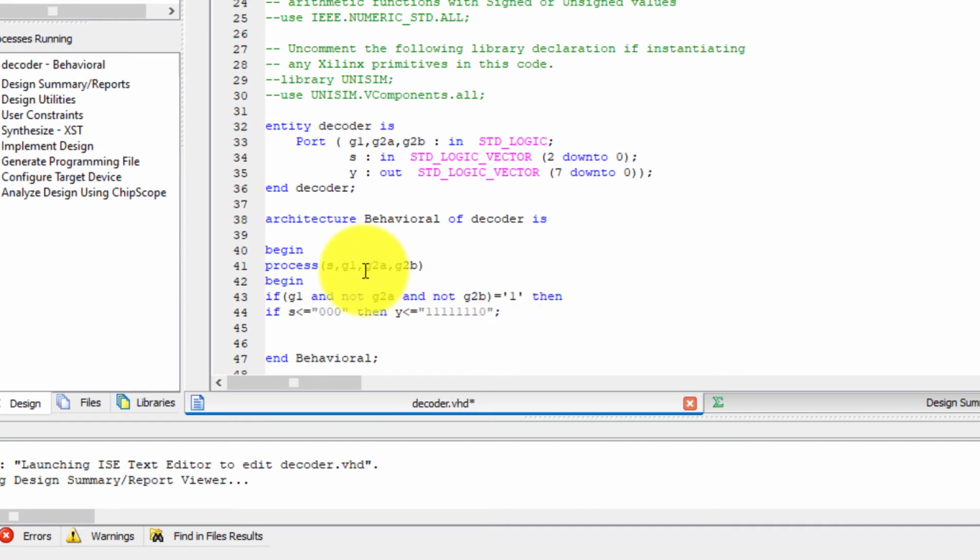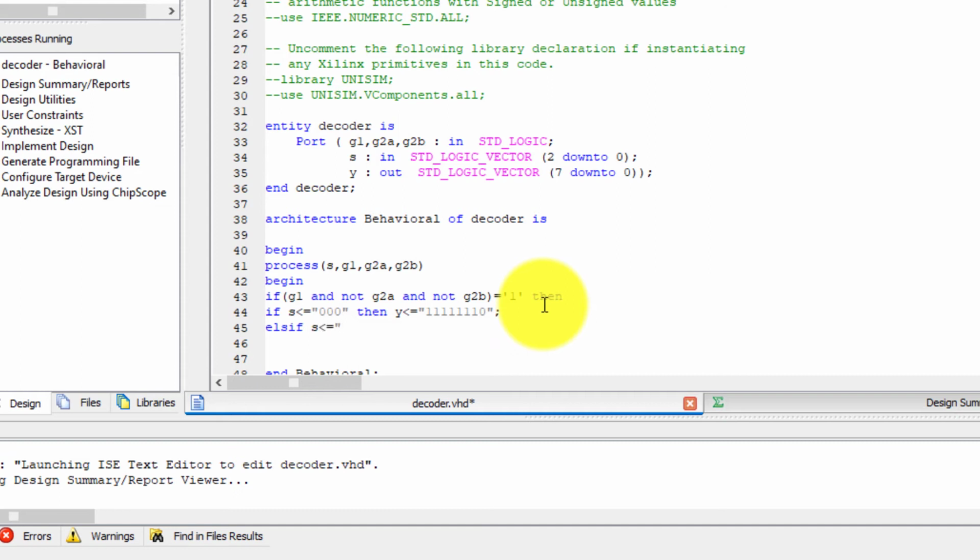Okay, so all are 000 means the decimal value of 000 is 0. So in the 0th place we are writing 0, remaining all are ones. Next, else if S is equal to